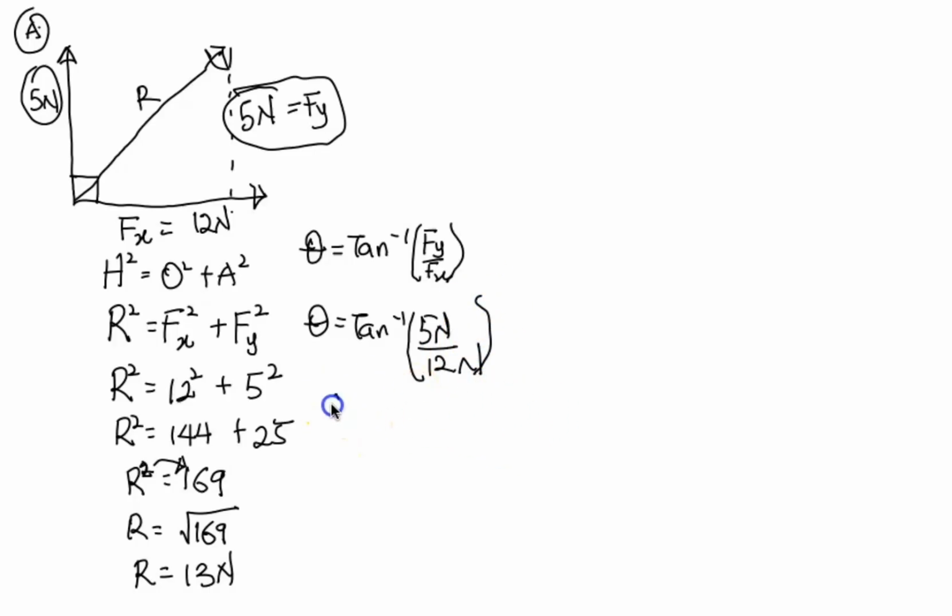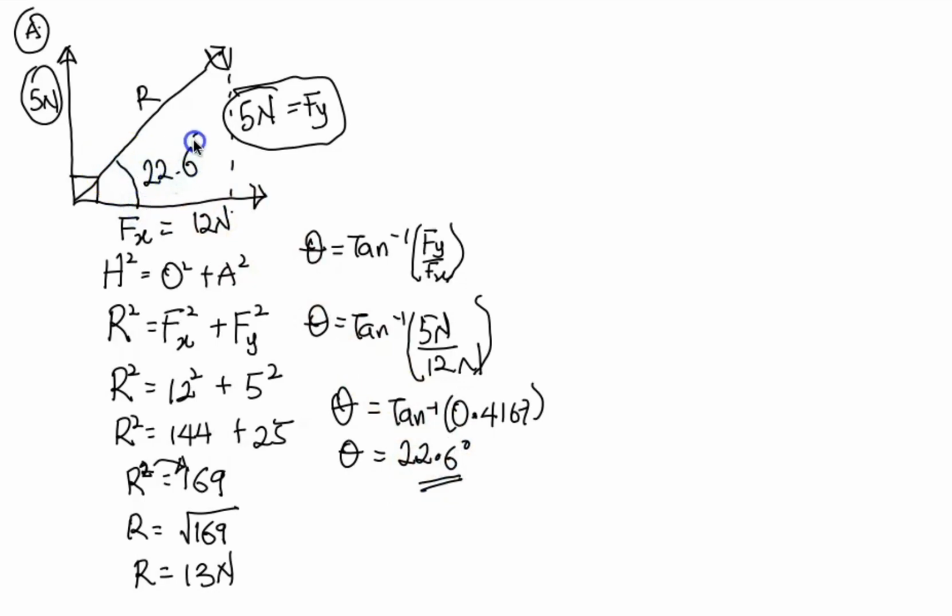So we have theta is equal to tan inverse of 5 divided by 12, and that will give us 0.4167. So when we take the tan inverse from our calculator, we are going to end up having an approximate value of 22.6 degrees. So remember, this is the angle between this resultant and the horizontal. So that is the value of the resultant. This is the value in magnitude, and this is the value right here in direction. So your answer is simply 13 Newton,